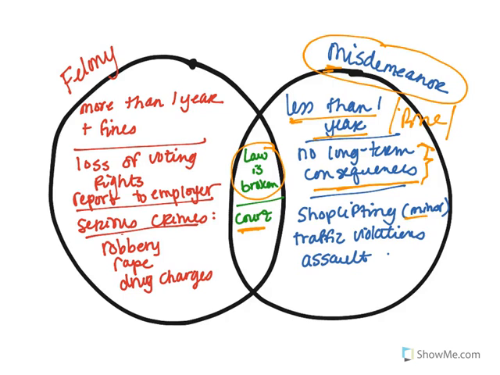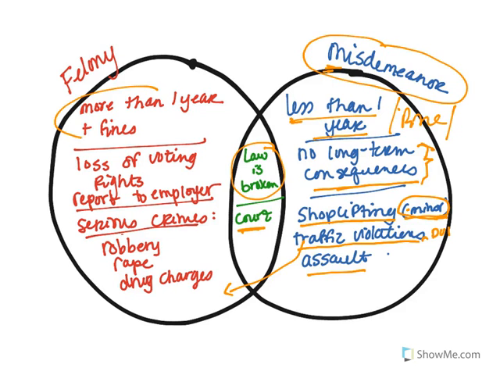These offenses include shoplifting. However, these are minor shoplifting. Once the amount reaches a certain level, it would go from a misdemeanor to a felony. Almost all traffic violations, including DUIs, are considered misdemeanors, unless, of course, someone died in the accident, then it would turn into a felony. Assault cases, if you got in a fight in public, you could be charged with assault, but those are usually misdemeanors, depending on the amount of bodily harm done and the intent of the fight.